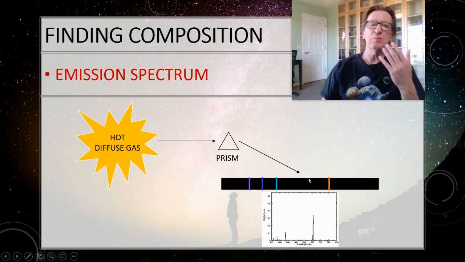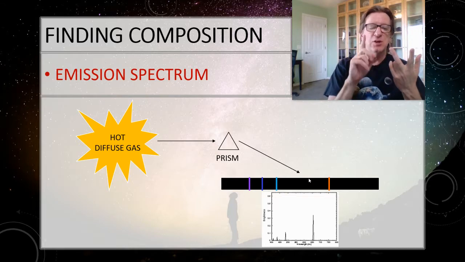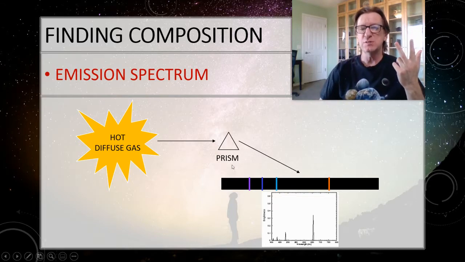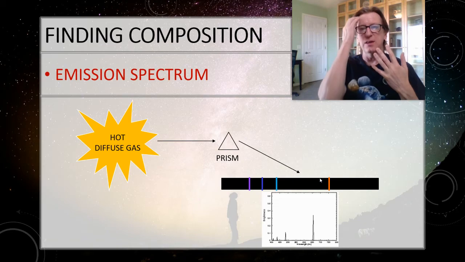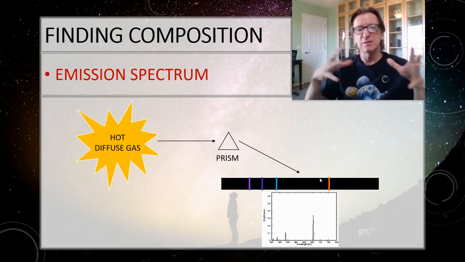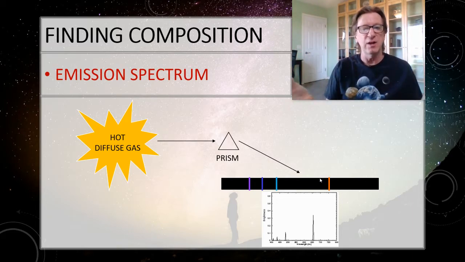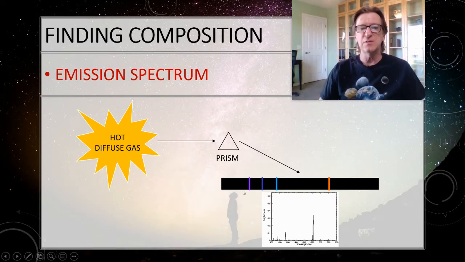So what you need to remember with these, you need to remember the name of each kind of spectrum. You need to know how it's produced, a hot diffuse gas in this case. You need to know what it looks like. So an emission spectrum is black with colored lines on it, right? And then finally, you need to learn what it's used for. In this case, we can use an emission spectrum as a fingerprint, because each element has its own set of energy levels, and it's not like any other element. So because those energy levels are going to be different, we're going to get different colored lines based upon the structure of the atom.